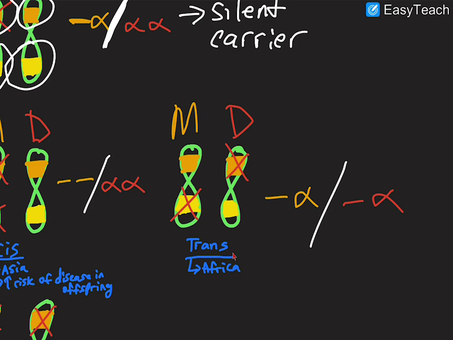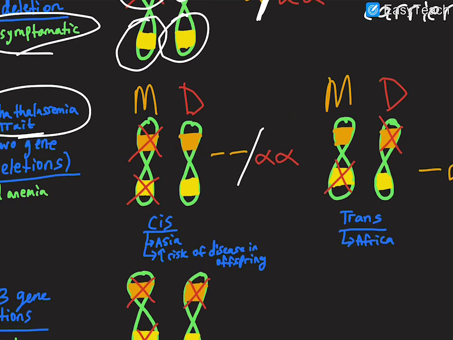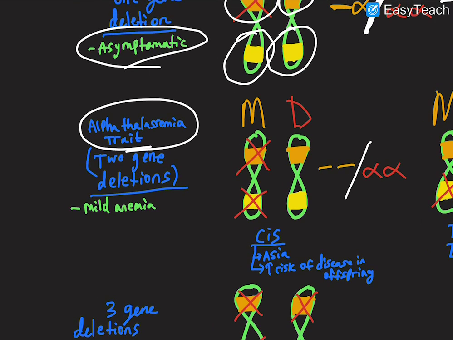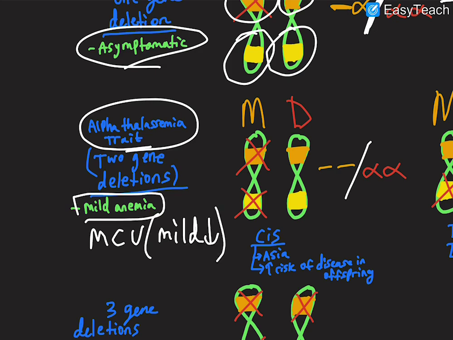Okay, and the trans deletion is more commonly seen in Africa. So what would we find here? You would see a mild decrease in your MCV, your mean corpuscular volume. So mild decrease, and you may see mild anemia too. But obviously it's not going to be as bad as our other types,